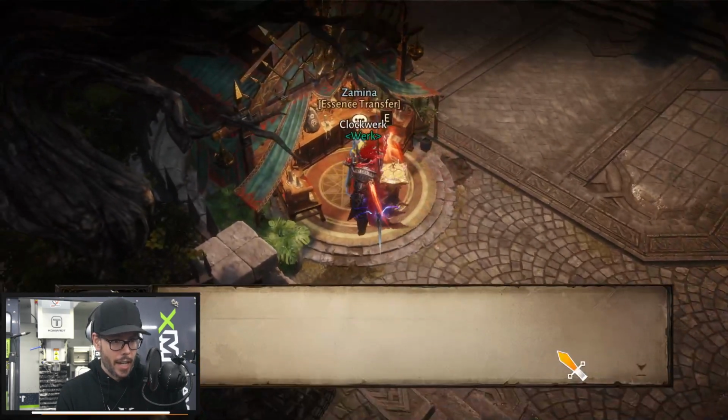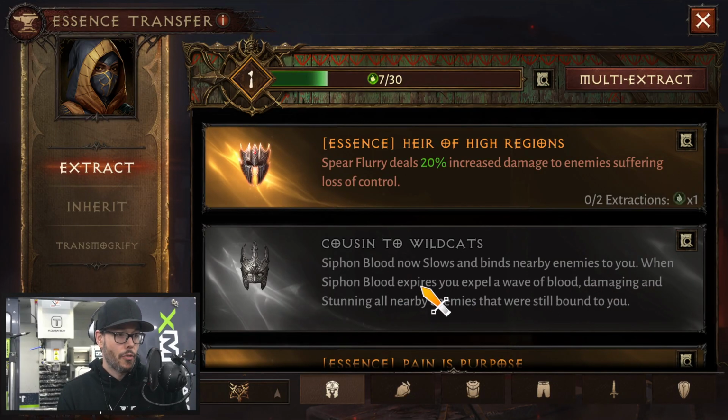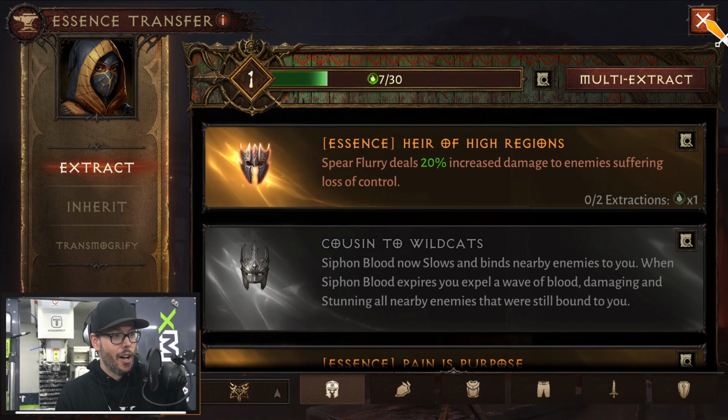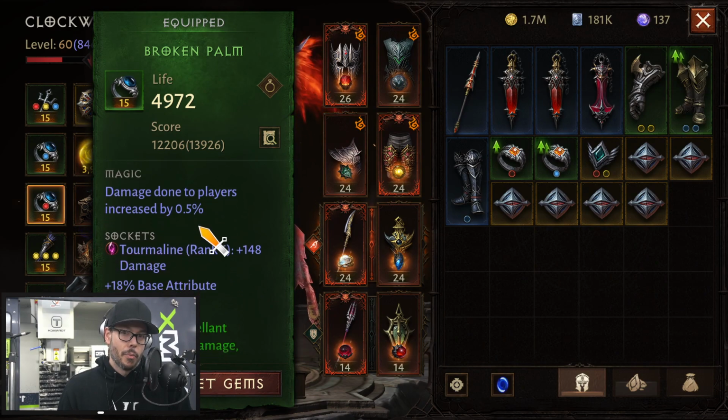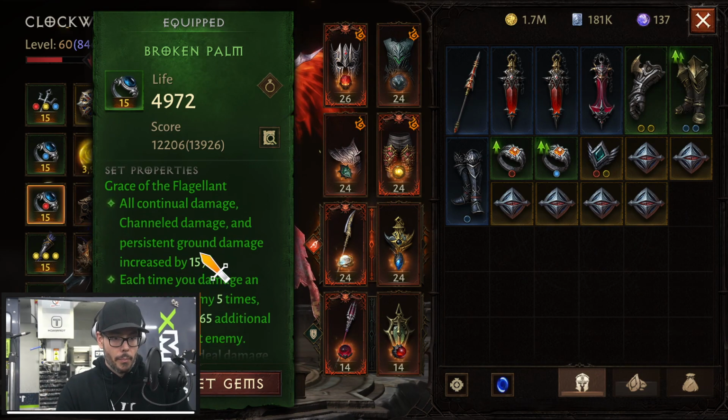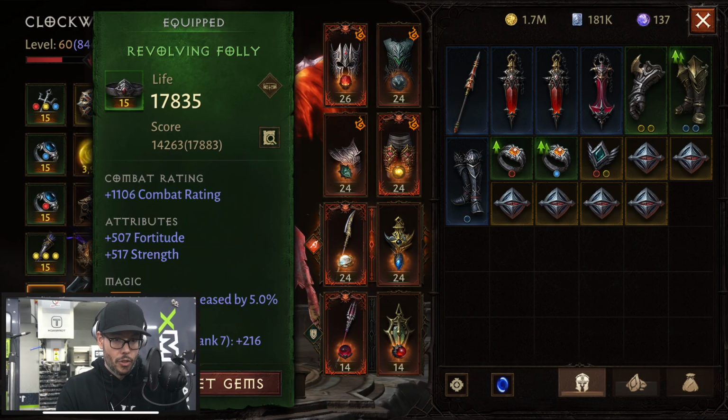So right now I'm just doing a pretty straightforward build, but it smashes and just annihilates everything in the open world. I came from Satyr, so I was already running Grace set. A lot of good stuff here because of the continual channel damage. So I'm running 4 set Grace with 2 set...